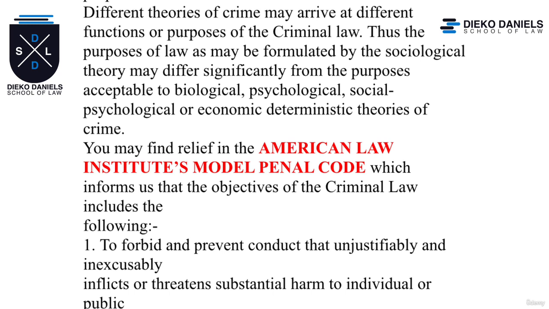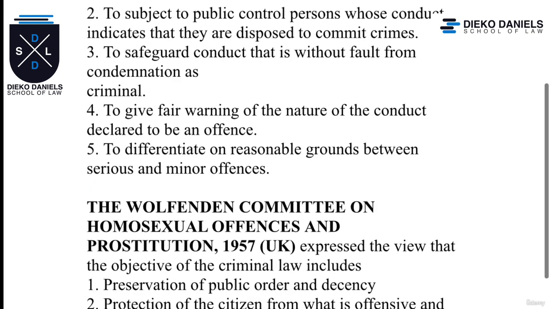You may find relief in the American Law Institute Model Penal Code, which informs us that the objectives of criminal law include, number one, to forbid and prevent conduct that unjustifiably and inexcusably inflicts or threatens substantial harm to individual or public interest, which is what I'm talking about. When it is inexcusable and unjustifiable, criminal law has to step in to make sure that that person doesn't go unpunished. Secondly, to subject to public control persons whose conduct indicates that they are disposed to commit crimes,